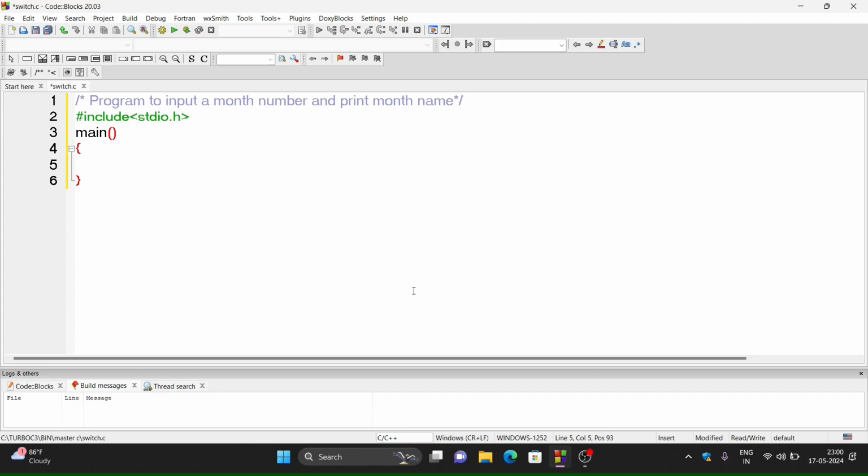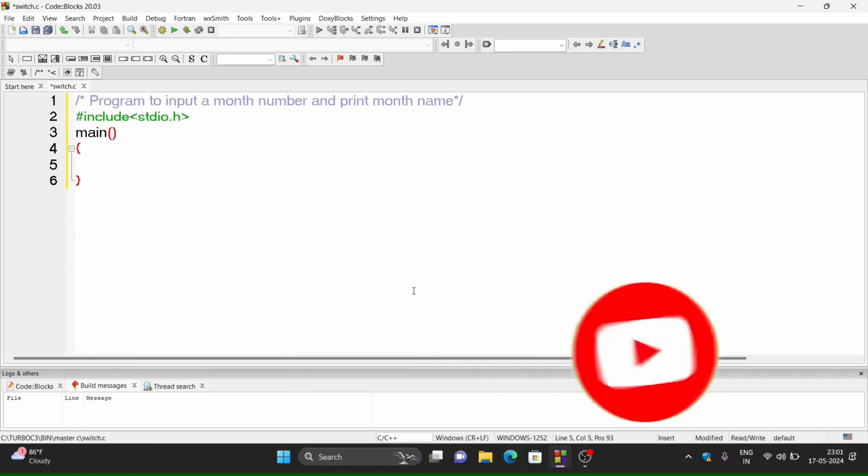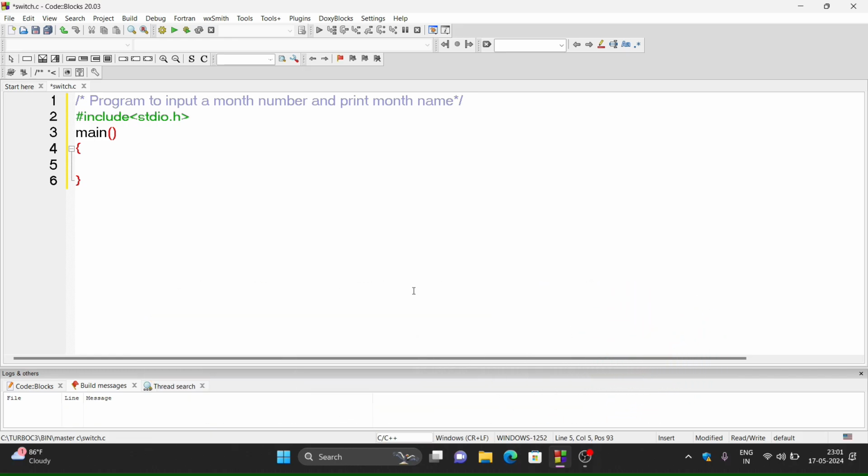So here in this program we have 12 choices, because the user can enter a month number from 1 to 12. According to these 12 choices, one choice should be selected. Therefore we will use the switch statement because we have 12 alternatives. Instead of writing 12 conditions using if statements, the switch statement can write the program better.